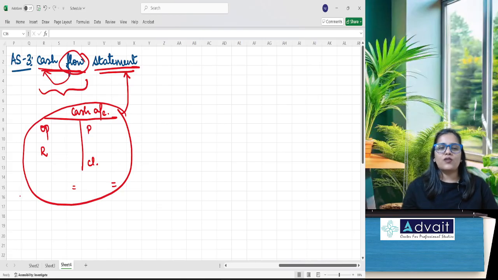The next question is, why should I prepare a cash flow statement? The thing is very simple here. The logic behind having a cash flow statement is very simple. It says that in a company,